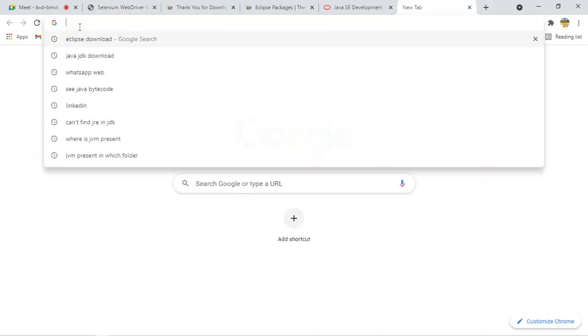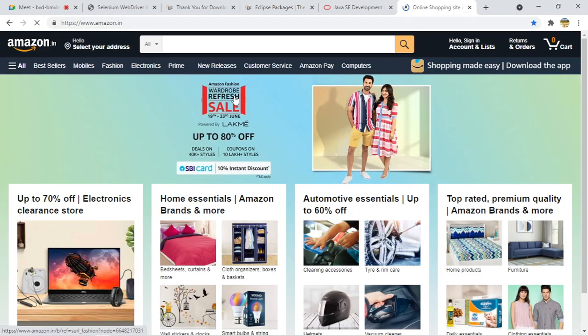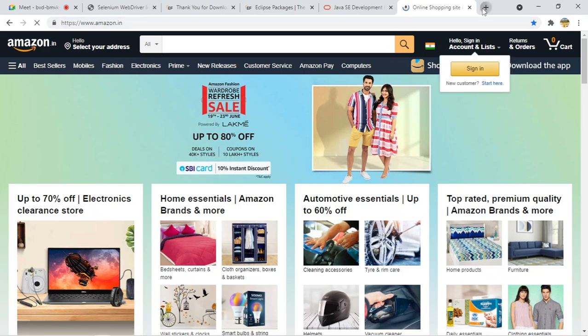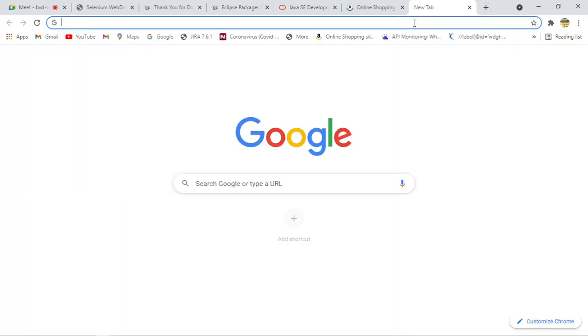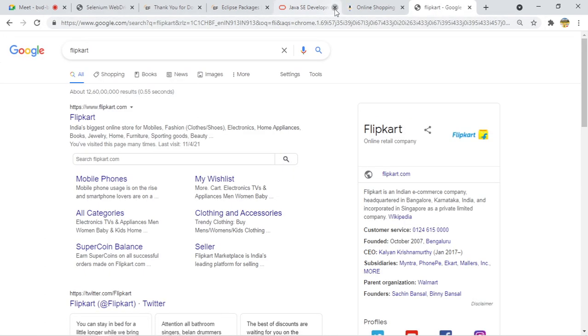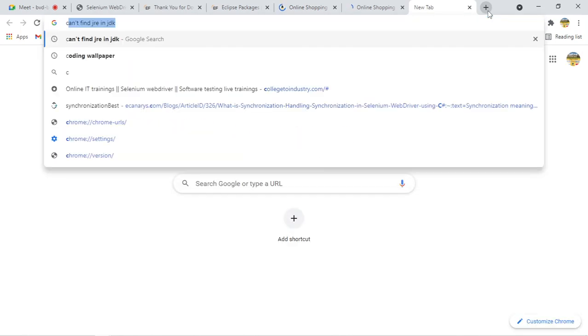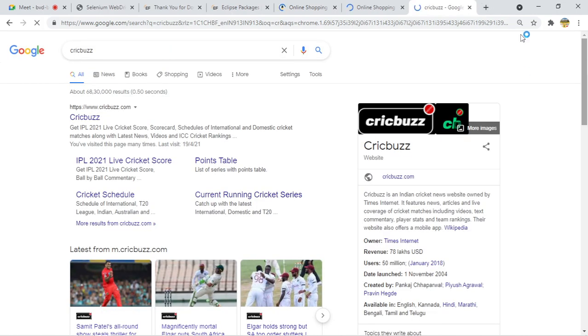Suppose you are opening the Amazon website, right? Just a little overview. We are going to see these many websites. Amazon, we will see Flipkart. When we jump to the Selenium session, I am just telling you a few websites which we are going to work on. Flipkart, and there are many more, like Cricbuzz we can work on. This one, and there is one more if I show you this one, right? So there are many more.